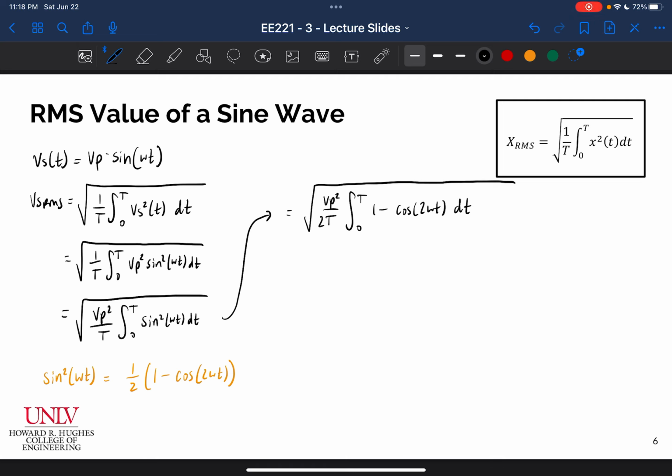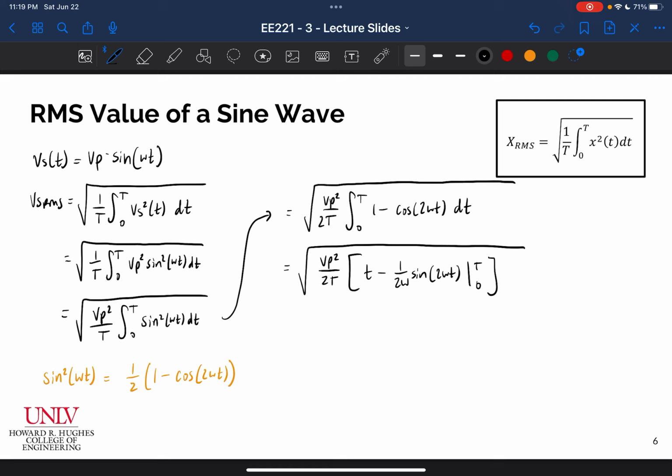And now I can integrate pretty easily. I can say that this is the square root of Vp squared over 2T times T minus 1 over 2 omega sine of 2 omega t,